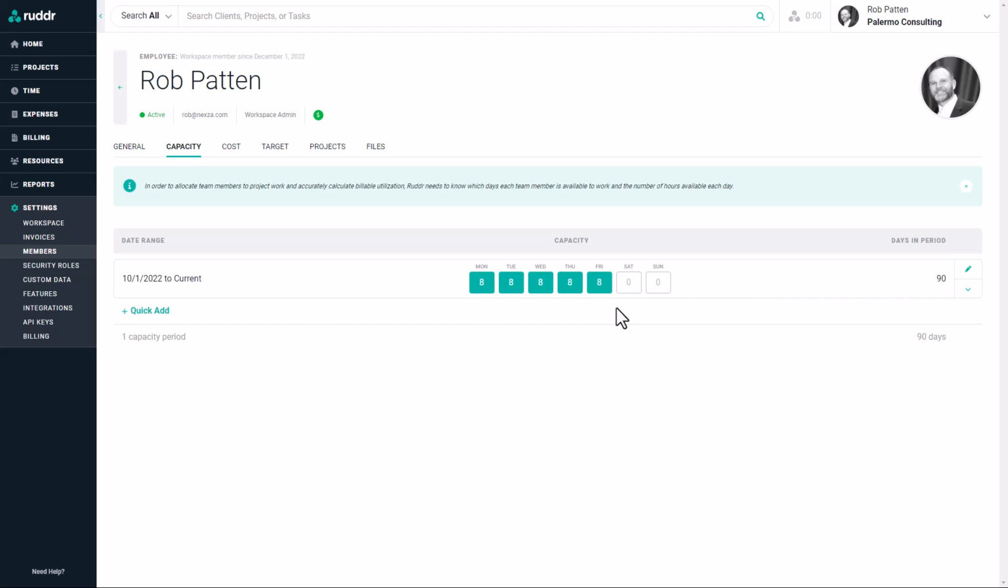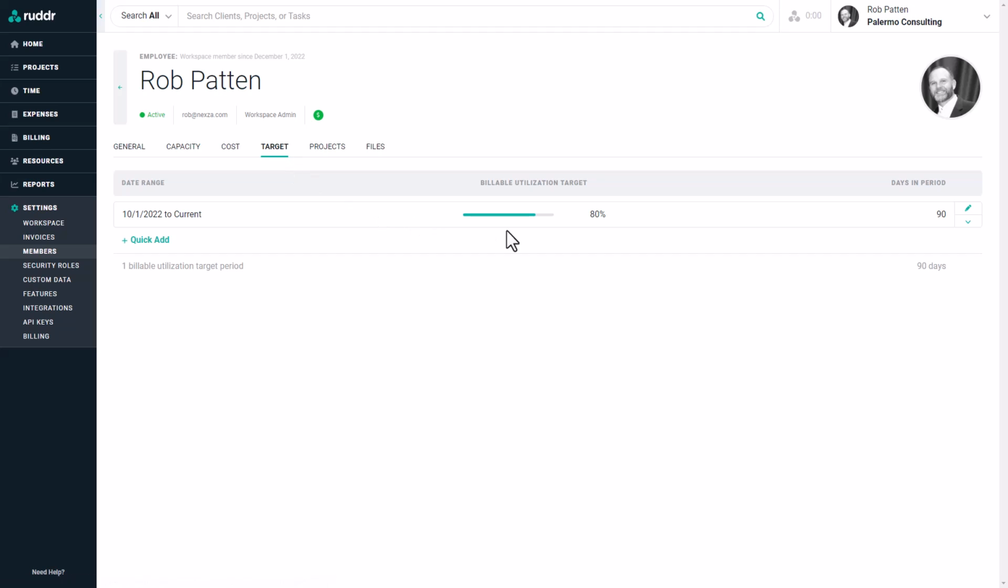Note that the capacity should be set to the member's total working hours per day and not to their expected billable hours per day. To set their billable target, we go to the Target tab and then we adjust the target billable utilization. We can see that my target is 80% here, and I can just click the pencil icon and move that up or down as needed. This combination of capacity and target per workspace member allows Ruddr to accurately calculate utilization figures for each member and